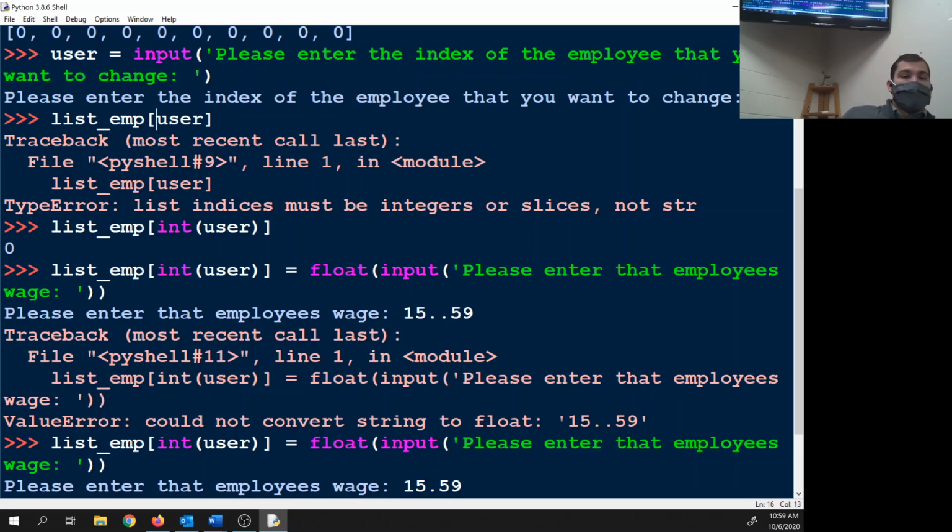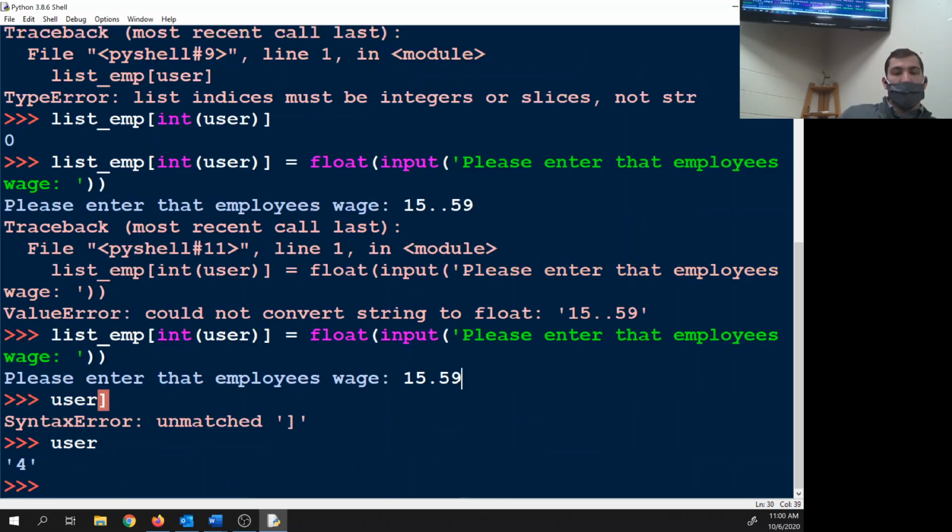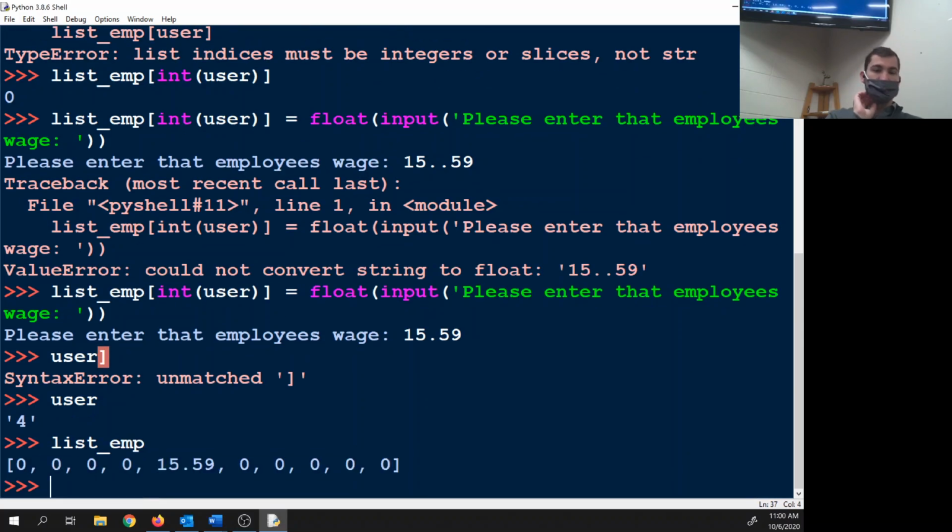So then what I do is I have list of the employee, which is my list of employee wages, and I want the integer version of 4, which is 4. So that's going to be 0, 1, 2, 3, 4. So it's this value right here. That's 0. And now I am changing that 0 to be 1559 by using this line right here. So 1559, if I were to do list underscore emp,